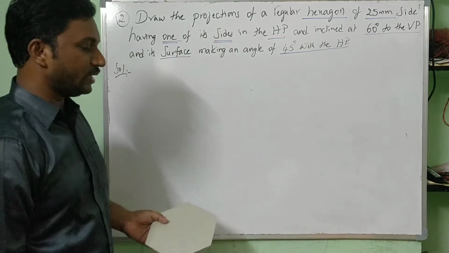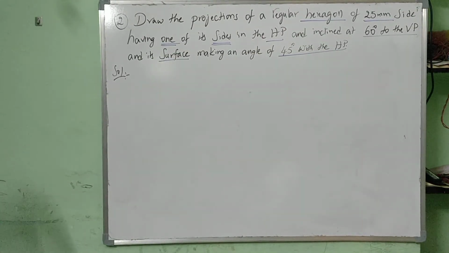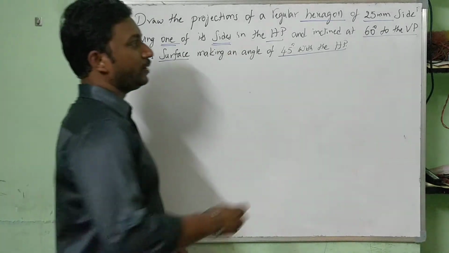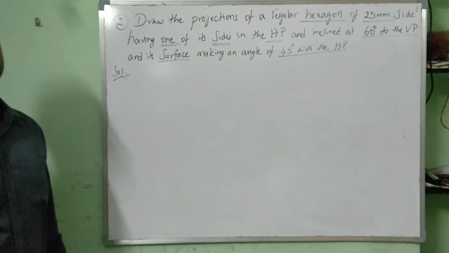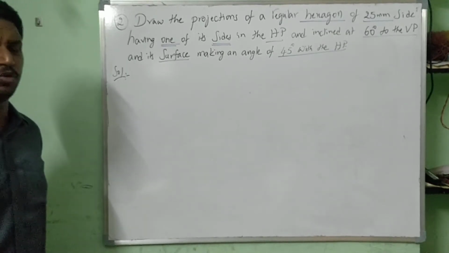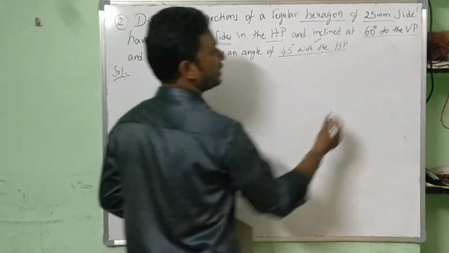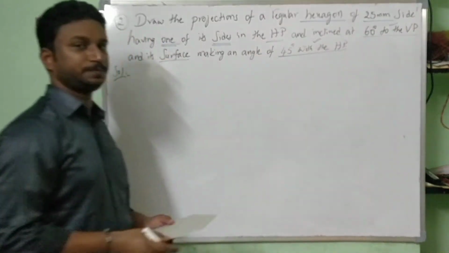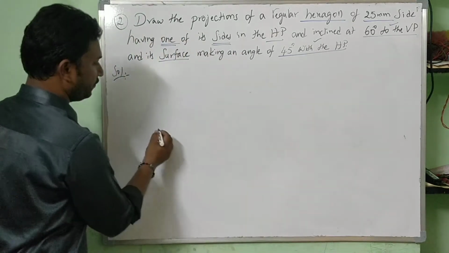First of all, I am considering here 45 degrees with HP itself, but in the question he has given 60 degrees with VP. You may be habituated or familiarized with the first angle given with respect to HP, and then the second angle given with respect to VP. But it's just a confusing statement, nothing more than that. Now you can go as usual with 45 degrees to HP first, 60 degrees to VP next. This problem, now if you want to solve, first as usual step 1,